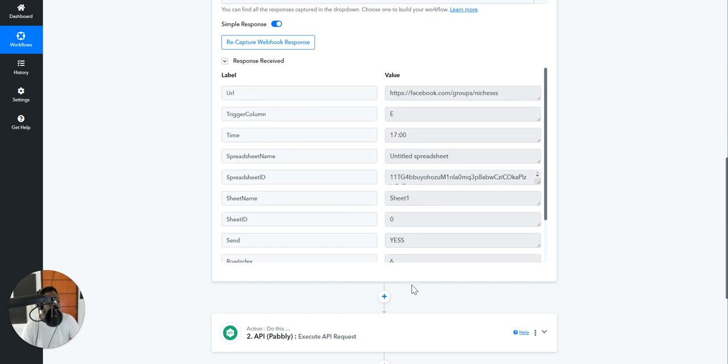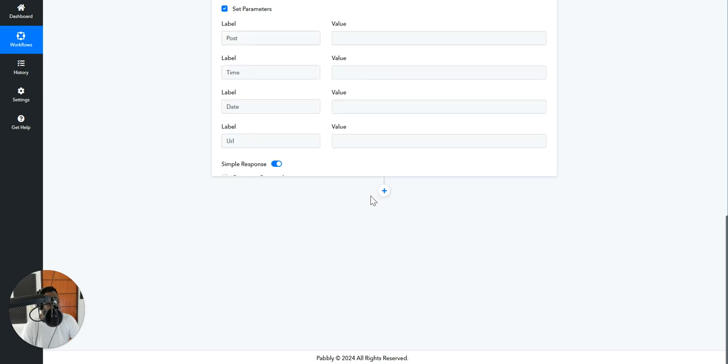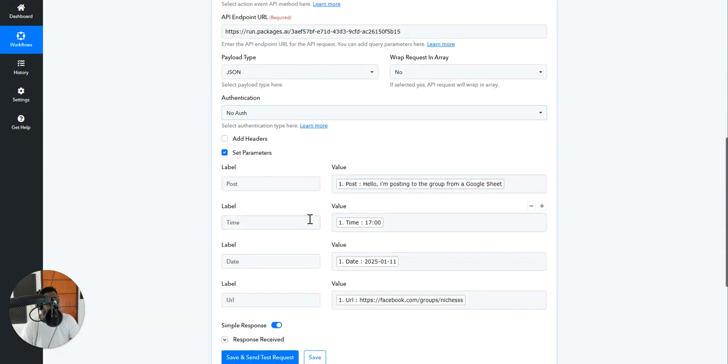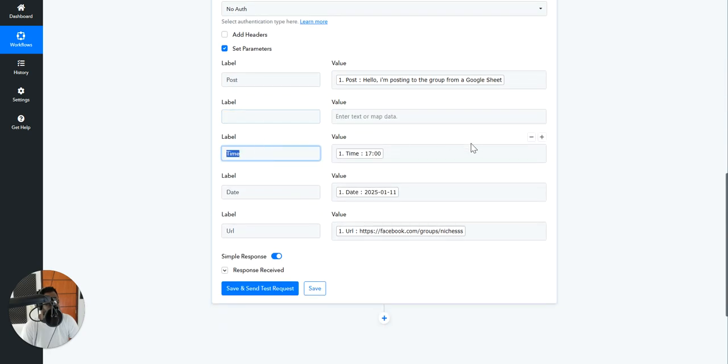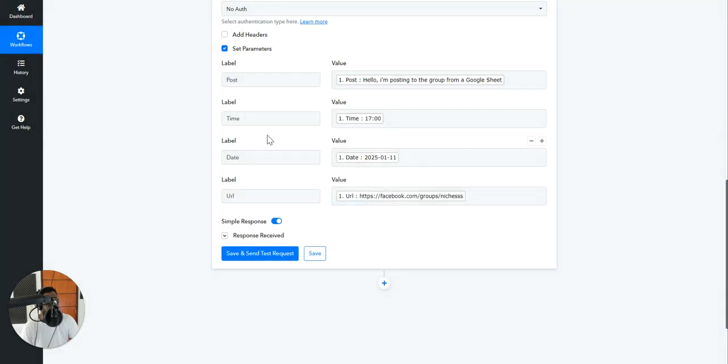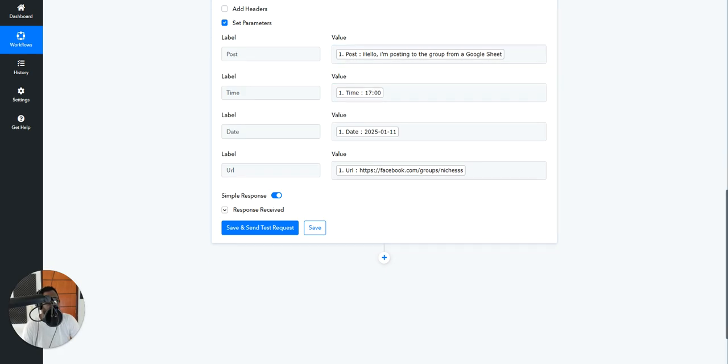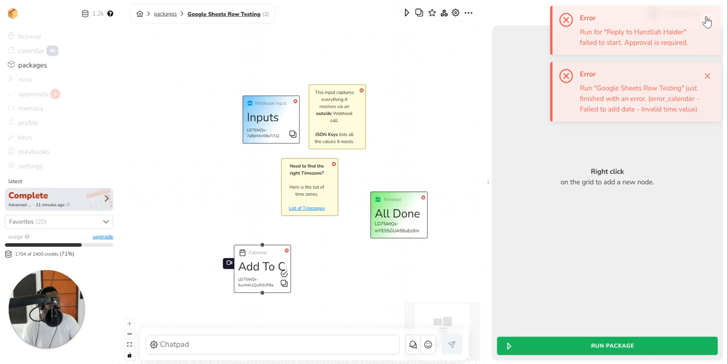So we just need to make sure that time is being passed to the next step, which I've already added here, but you can use this plus sign to add time, okay? And you'd add time as a label and put time there and tag time there, okay? But I've already done that. So we've got time coming here. So the only thing that's left now is to, within packages, you need to